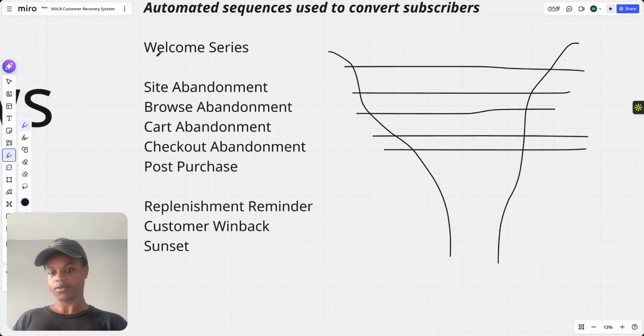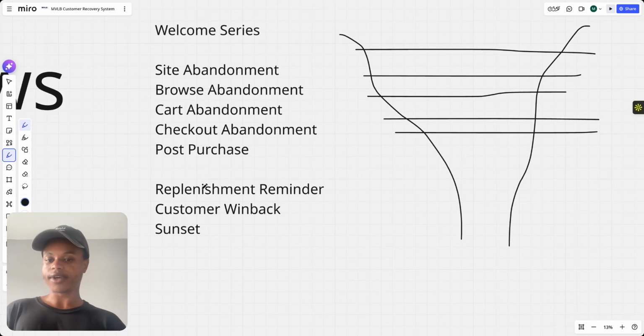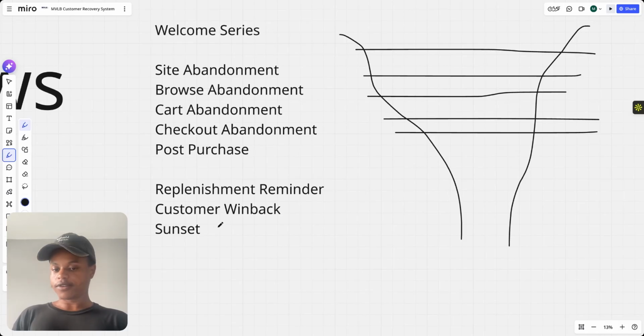And as you can see, there's 9 core flows here. Before we used to do only 8, but the replenishment reminder has been too successful to not incorporate. With the sunset, this is where we're essentially incorporating list cleaning. So essentially, we use the sunset to clean people out who haven't been engaging with our emails at all, and they also haven't engaged on our website as well. So this is going to help with cleaning people out who opted in for the initial offer maybe, but didn't actually make a purchase, and have not been reading or engaging with our emails, and we want to make sure that these people are cleaned out, because